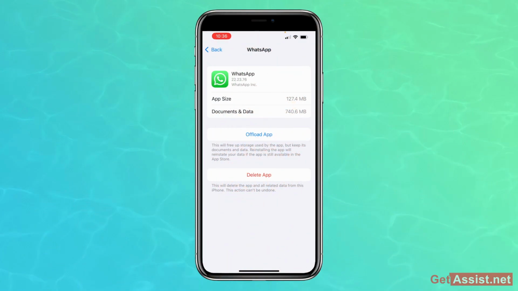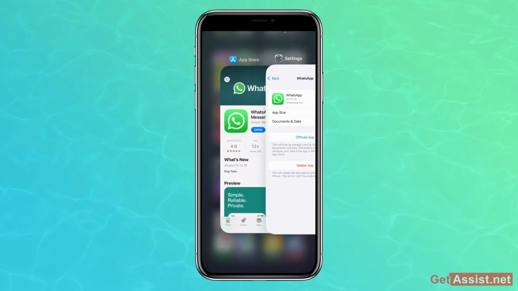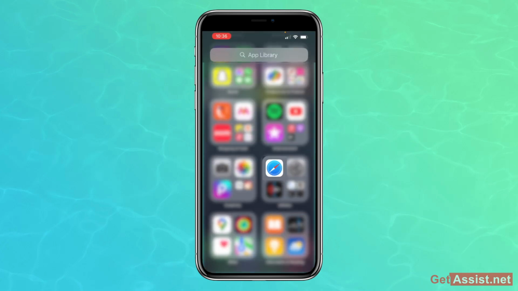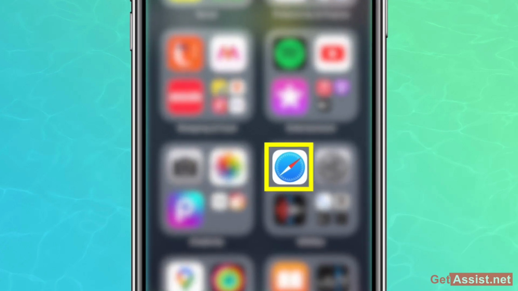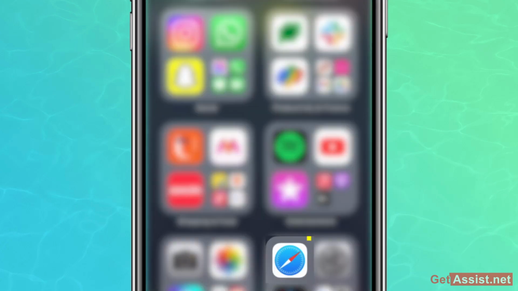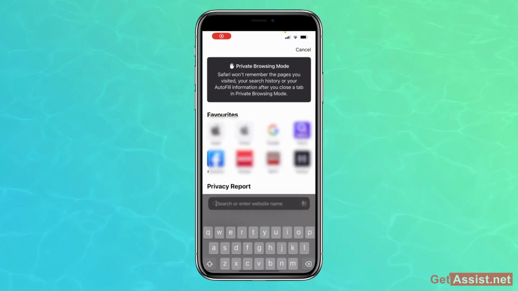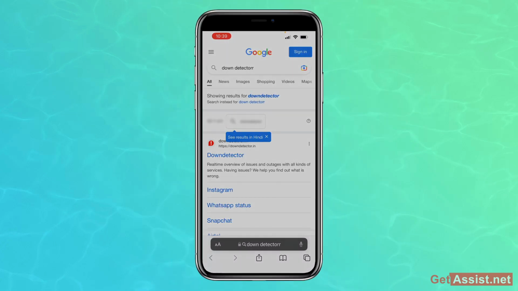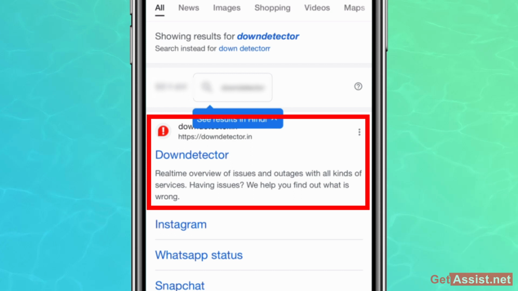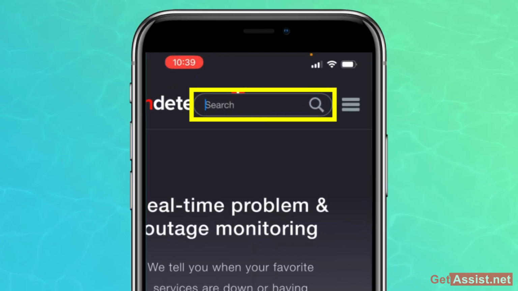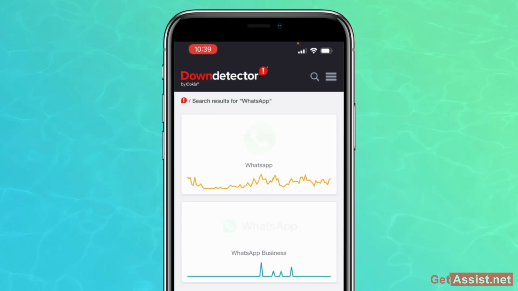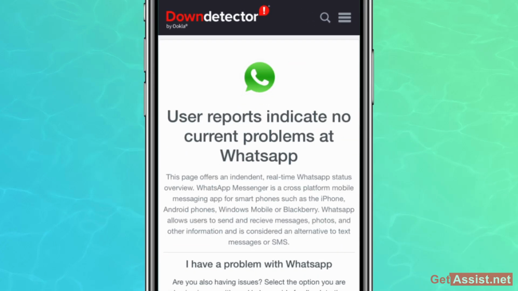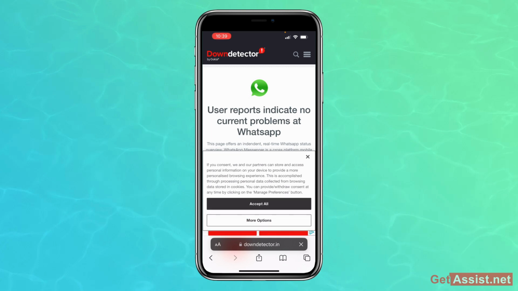Now if this also doesn't solve the problem, what you need to do next is just open any browser on your device. You can use the Safari browser. All right, once you have opened the Safari browser, you need to go to this website, that is Down Detector. Now here go to the first website that you can see right here, and you need to search for WhatsApp. Now here tap on the WhatsApp Messenger, and this will show you if the other users of WhatsApp are also facing issues while using the app or not, or it is only you who is not able to send messages